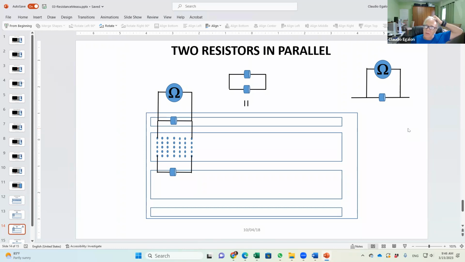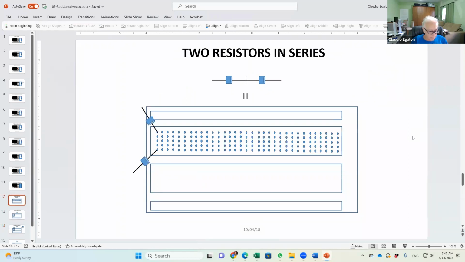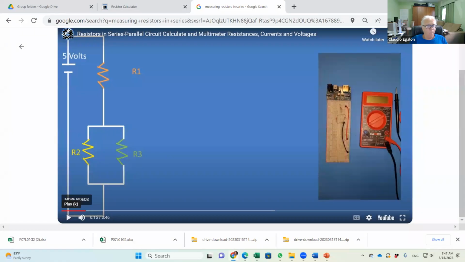If you want to measure the resistance of the resistors connected in series, what do we do? Okay, you get those two resistors in series and connect the leads of your ammeter at the ends of the two resistors in series. Okay, so